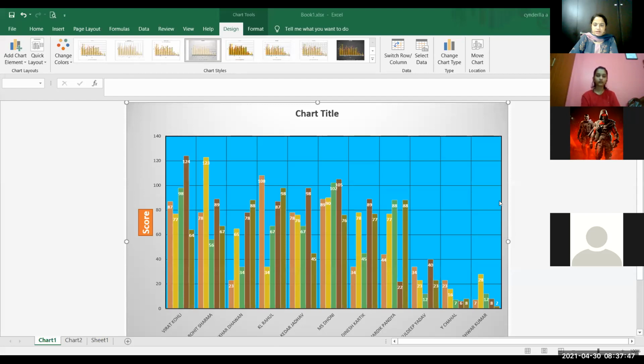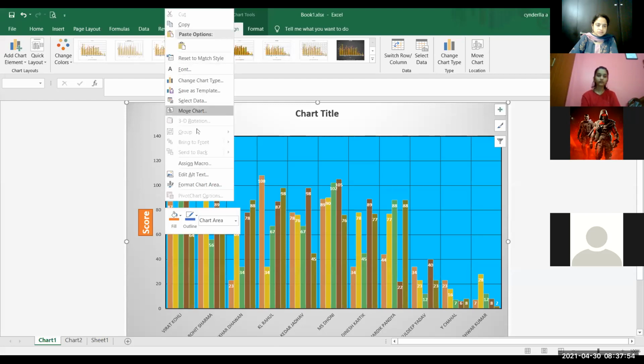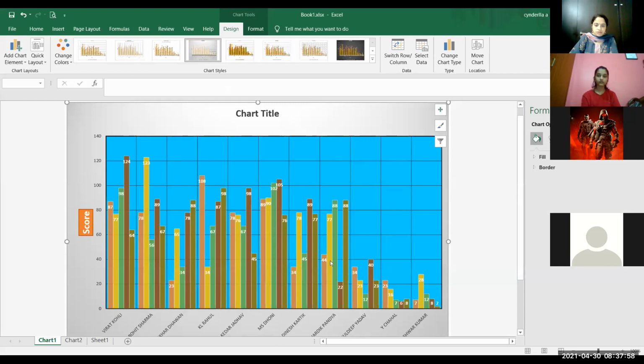Okay, I will right click on the chart, or you can right click on the axis and choose format axis. Or you can have format chart area. Now you can click on the axis. It will give you the task pane for the format axis. These are the axis options. You can click on the fill. You can click on the line. You can have both.